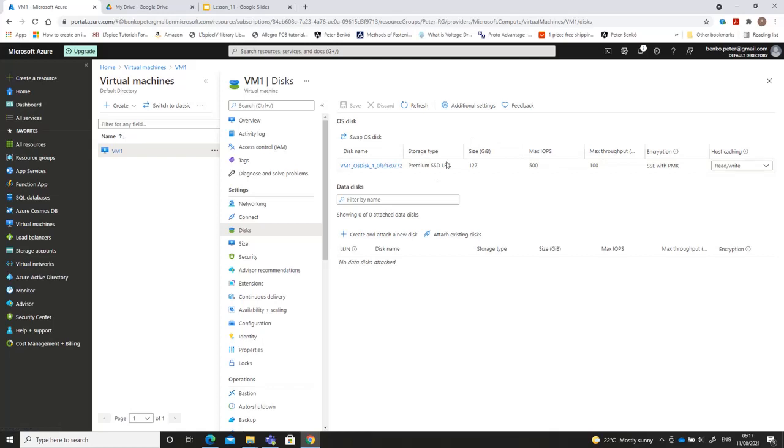So here is an SSD disk with 127 gigabytes, and let's say I'm not really happy with the size. Actually, I'd like to add a little more to store my data. Then what I'm doing now is I'm going to click on this disk,